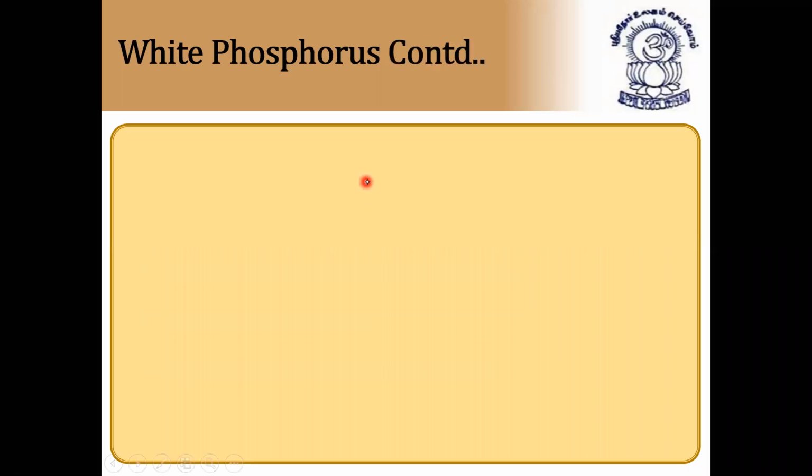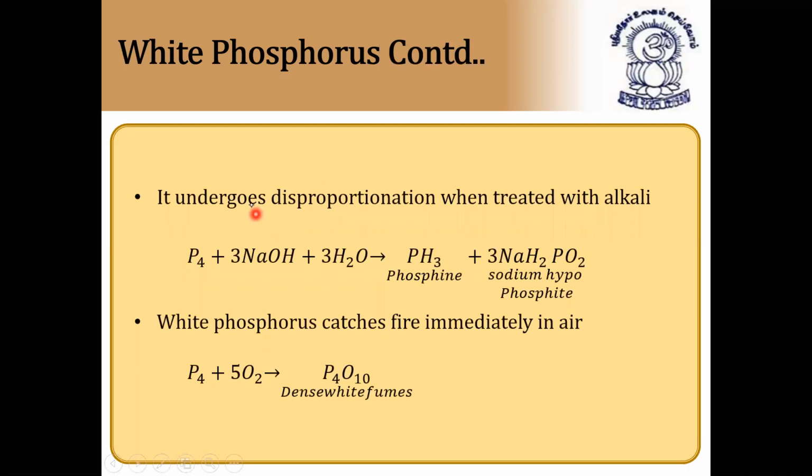Next, white phosphorus preparation. It undergoes disproportionation when treated with alkali. This reaction we have already seen. White phosphorus when combined with an alkali, that is sodium hydroxide or potassium hydroxide, forms phosphine, a poisonous gas, and also sodium hypophosphite. Alkali means soluble base. Here phosphorus is undergoing disproportionation because the oxidation state of phosphorus is 0 in one place and